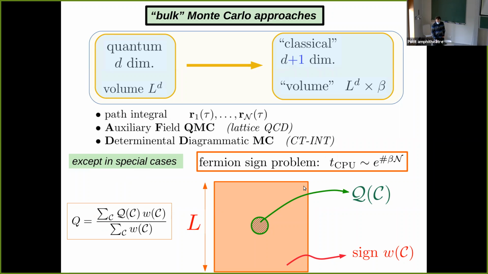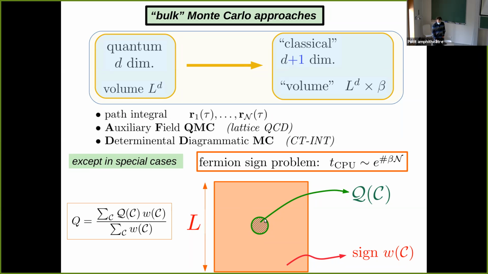And in short, this is due to the following. In these approaches, you will write a physical quantity Q that you're interested in as an average, which looks like this. C here is the configuration, and W of C is a weight, but this weight is not positive. It can be both positive and negative, depending on the configuration C. And